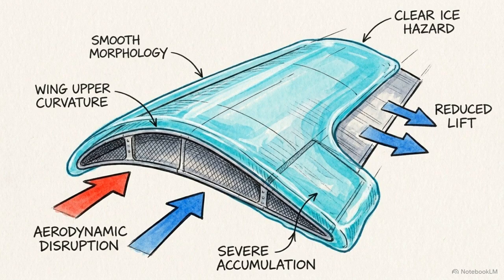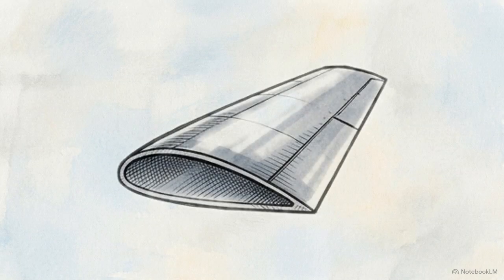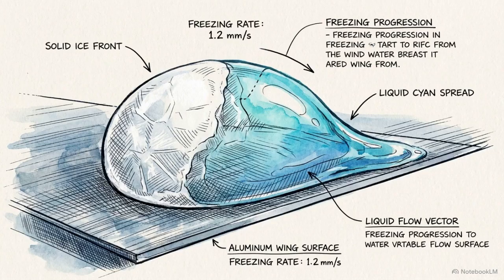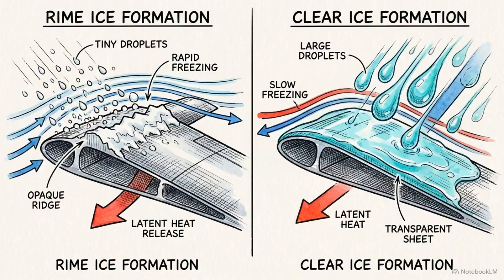of structural icing. This diagram tracks a large supercooled droplet striking a sub-zero surface. The initial freeze releases a burst of latent heat, slowing the process. The unfrozen liquid is blasted backward by the slipstream, flowing along the wing before freezing into a continuous sheet of clear ice. The rate of freezing dictates the hazard. Droplet size and latent heat decide whether an aircraft accumulates a brittle ridge of rime or a tenacious, camber-destroying sheet